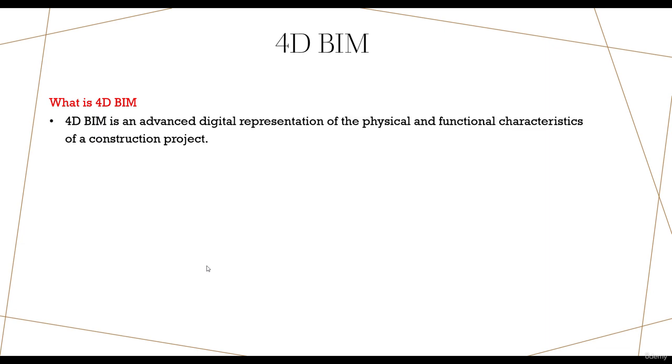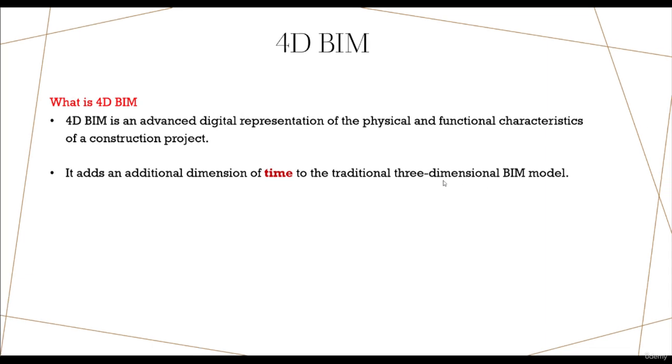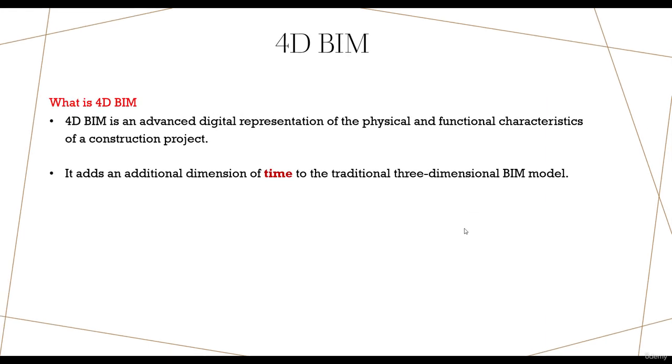Let's talk about the 4D BIM. What we mean by a 4D BIM, the fourth dimension in the BIM. 4D BIM is an advanced digital representation of the physical and functional characteristics of a construction project. What this means is a digital representation of the physical characteristics. Simply, it adds the additional dimension of time to the traditional three-dimensional BIM model that we have created on Revit,